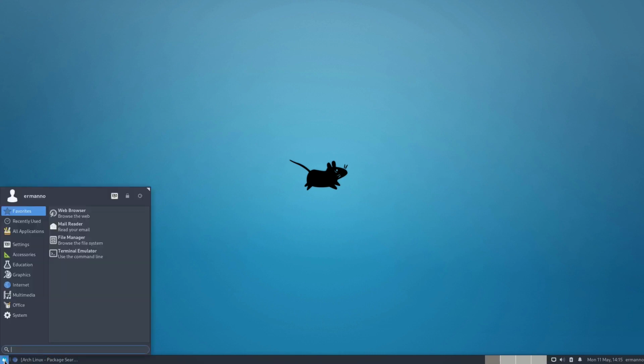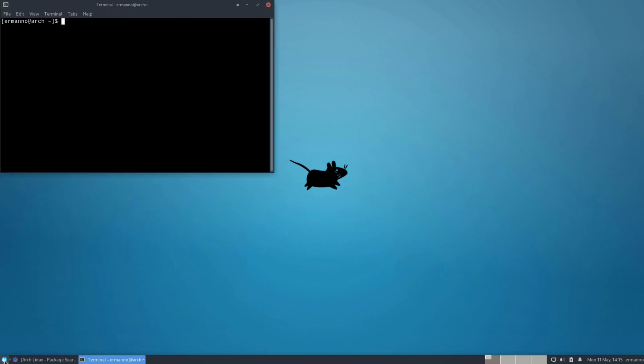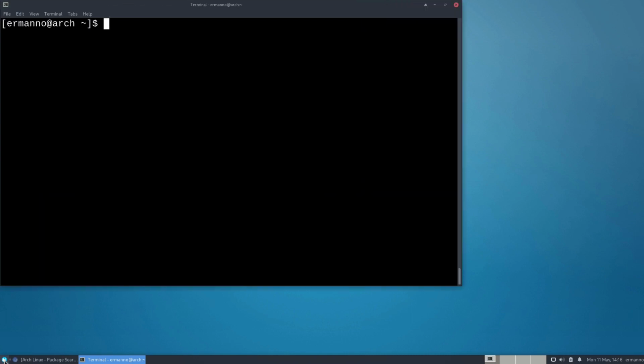So we have a search box here, so we can type in terminal. And as I said, Mugshot is coming from the Arch user repository. So for this, we need to use Yay, the helper for the AUR, which we installed during the base installation of Arch Linux. So let me first increase the font size here and type in yay -S and then mugshot and